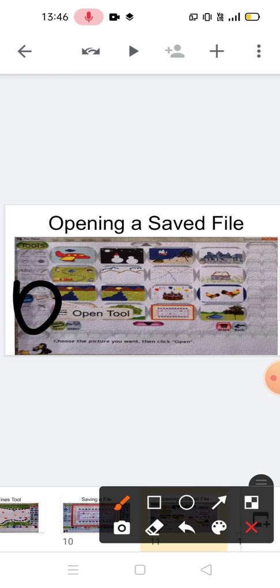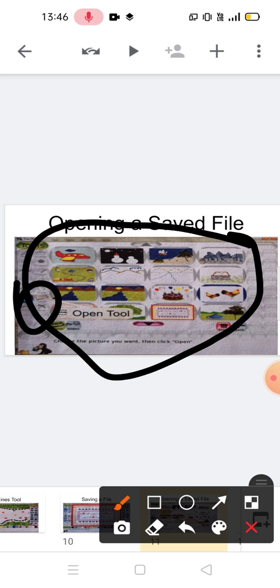You will see all the images that have been saved in your Tux Paint. Then click on the image that you want to open. Now click on the open button. Okay, then you can open your saved file.